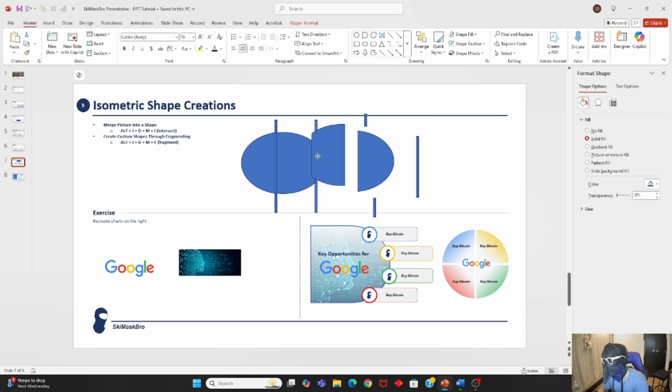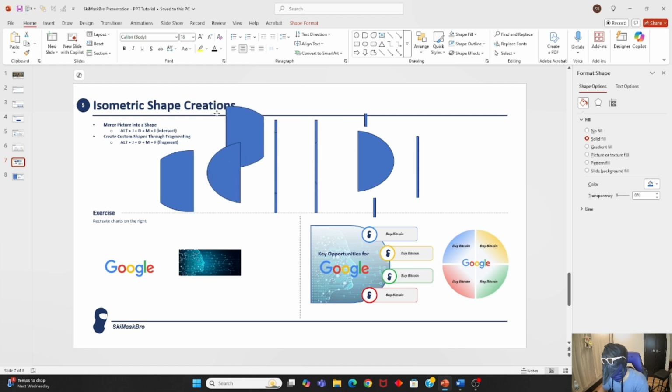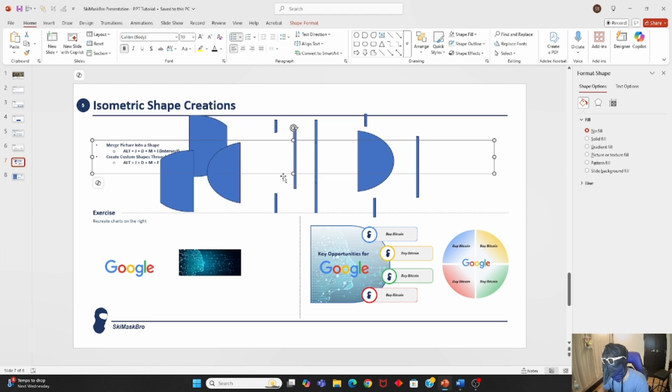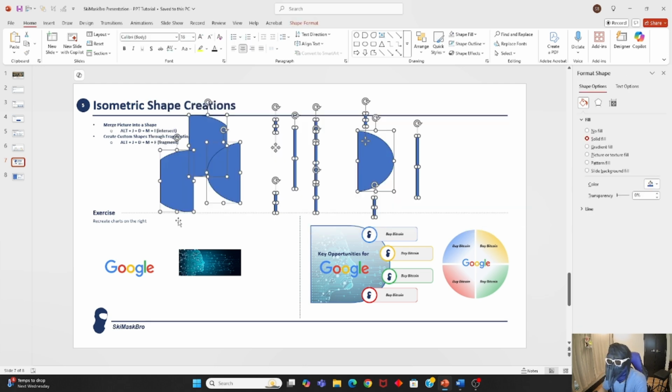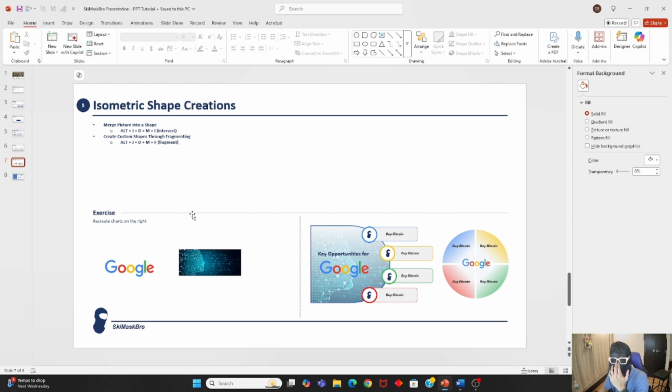So now it lets you have different sort of weird shapes that PowerPoint will not usually provide you with. So super interesting when you're trying to create shapes and stuff, and we're gonna see exactly how this will work